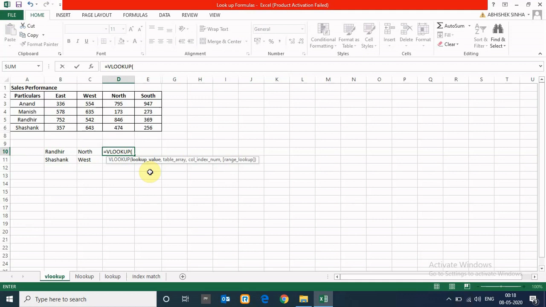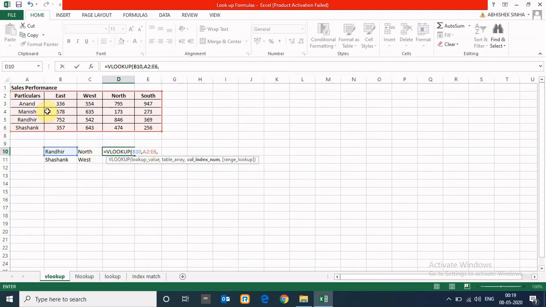Suppose here I want Randhir north detail from this table. So what do I have to look up? I have to look up the Randhir detail. Then table array, in table array I will select the table. Then column index number. Column index number is the column number.